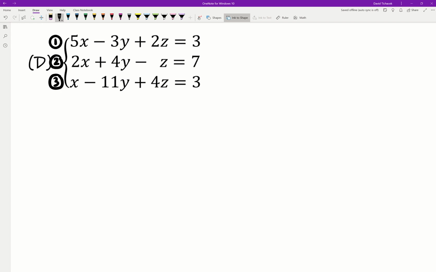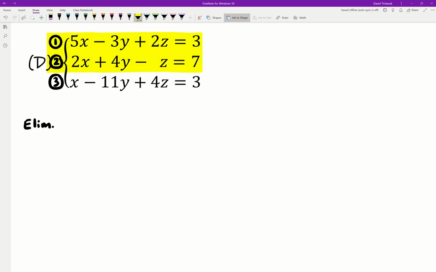And what we're going to do is we're going to perform some elimination, okay? How we're going to start this is I'm going to perform some elimination choosing two of the three equations that I originally started with. And so you may want to pick some ones that would be easy to do some elimination with. If you were to take a look at these first two equations here, so equations 1 and 2, let's say, for example,